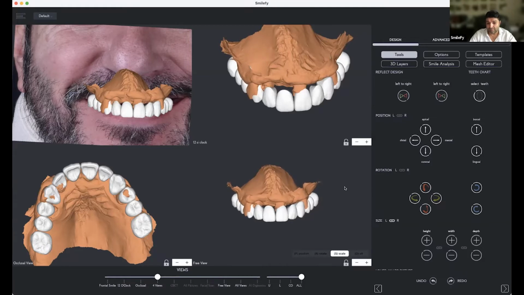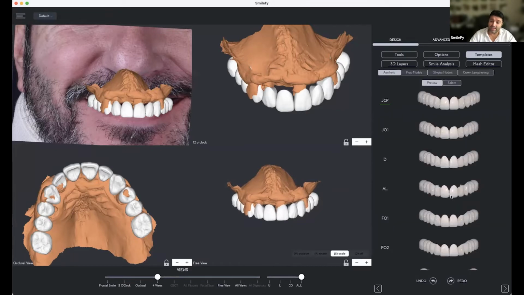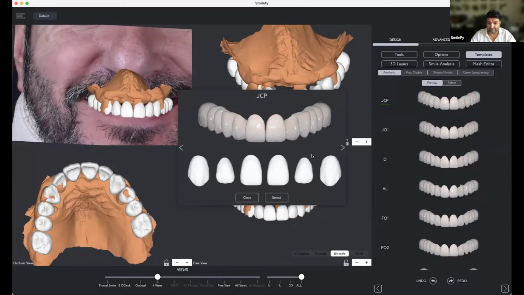And we start somewhere, right? Now, we have integrated the templates in a way that it's much more visual to understand the form of the teeth, like this, for example. You do have the renderings, you see, with colors, that's our 3D rendering, with light reflections. And then you can have below the template tooth by tooth so that you can check how every single tooth looks like. And you can use the arrow to, for example, see the next group of templates.